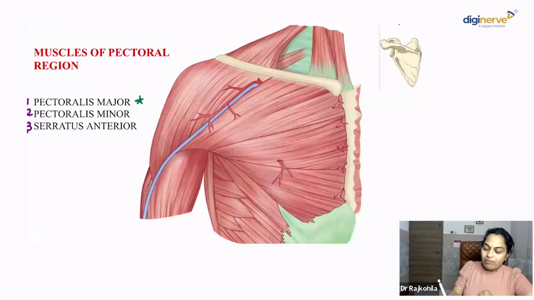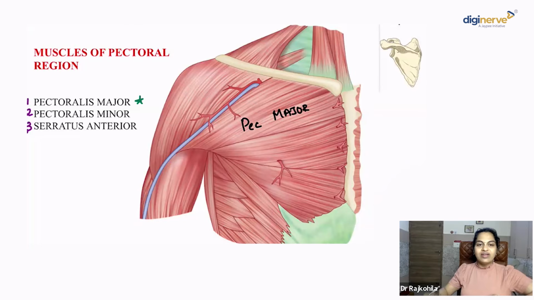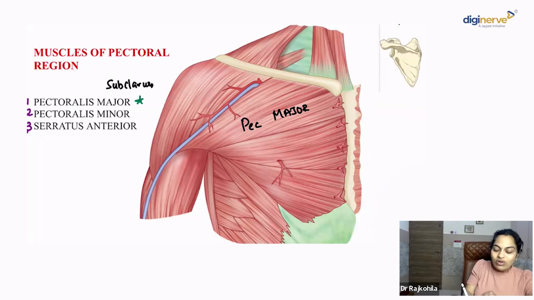So what you see here over the pectoral region, this is the pectoralis major. If I cut and reflect it, what will I get to see underneath it? The clavipectoral fascia enclosing the pectoralis minor and the subclavius muscle that lies beneath the clavicle, isn't it? So the pectoralis major is again a hybrid muscle which is going to be innervated by both the medial pectoral nerve and the lateral pectoral nerve. You know something that's interesting about it?